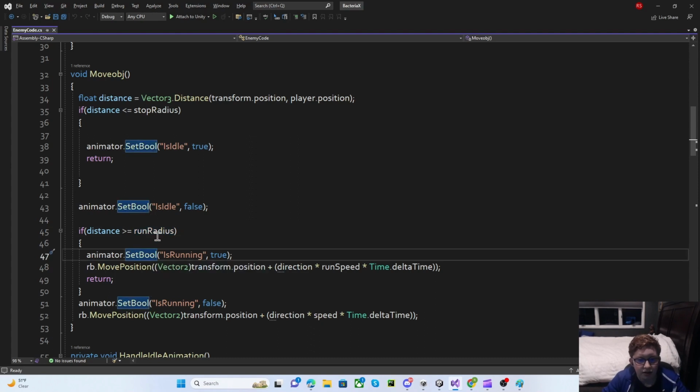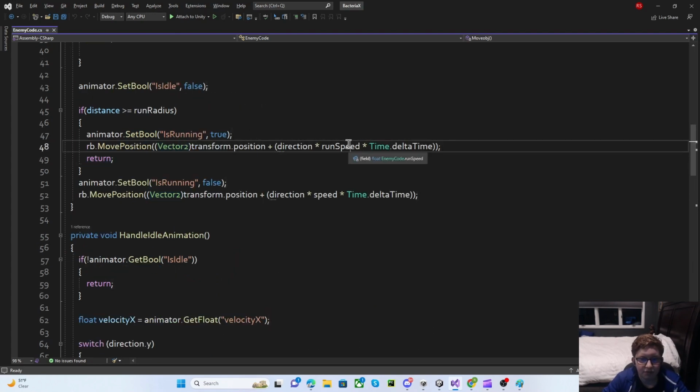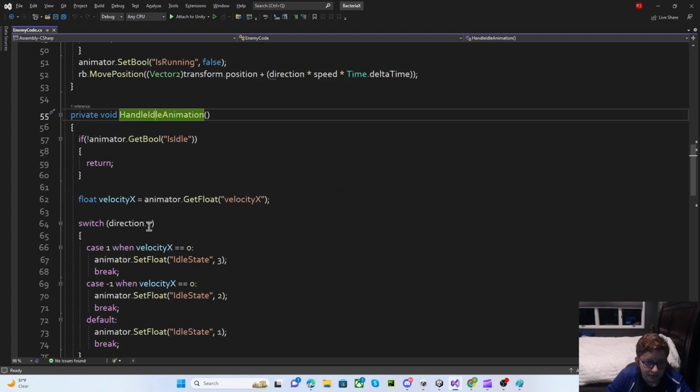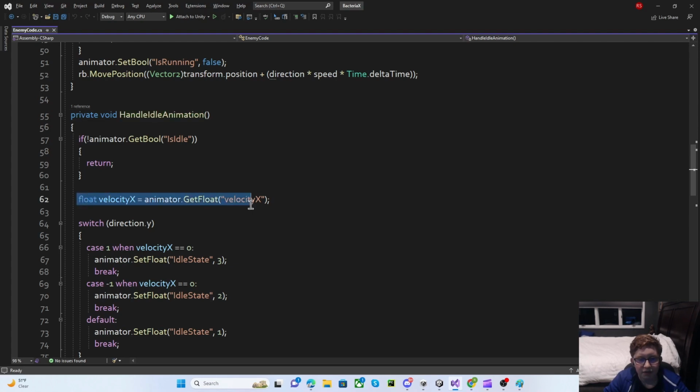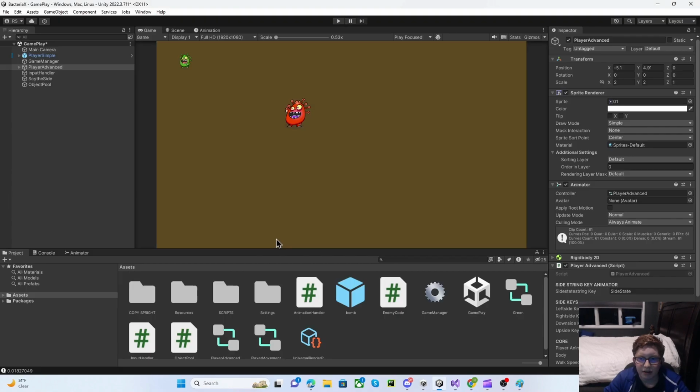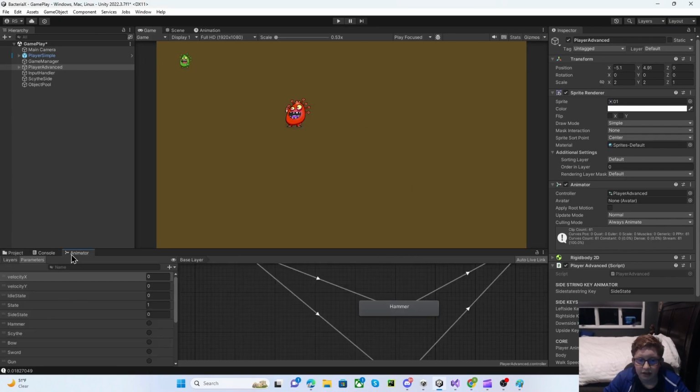And this is the running, if it's running or not. And then this just makes it so it runs with the run speed. That's not as important. And all this is, it's just that all the logic below won't apply if this applies, like if it walks at a normal speed. But the important part is the fact that it gets the velocity from 0 to 1, which direction it's pointing, and if it's pointing at 0, its third idle state is